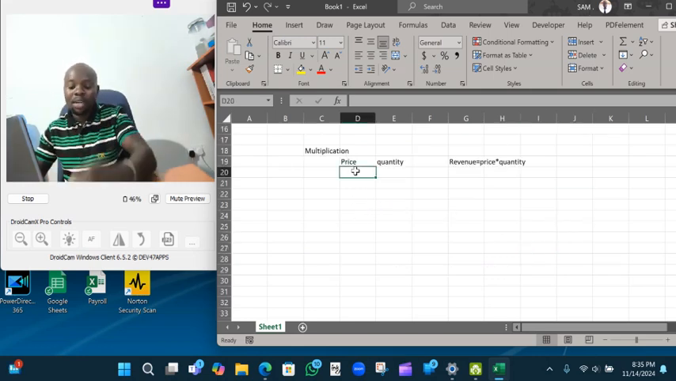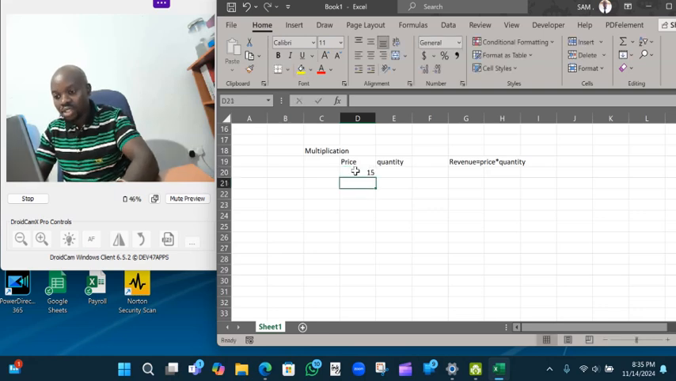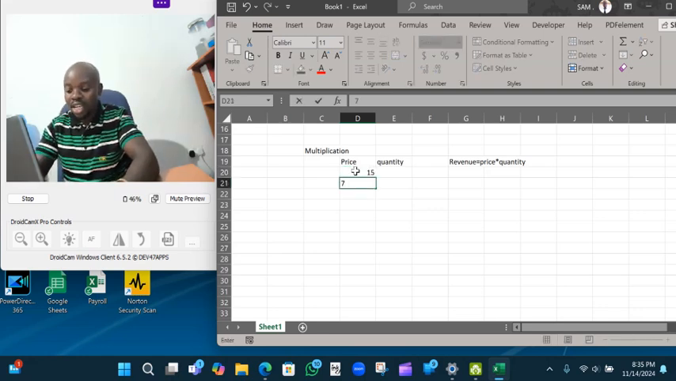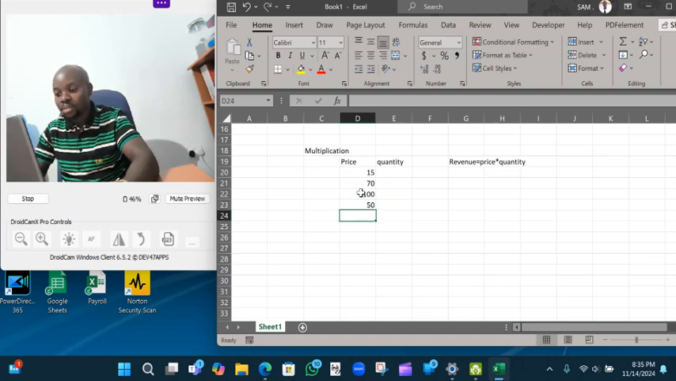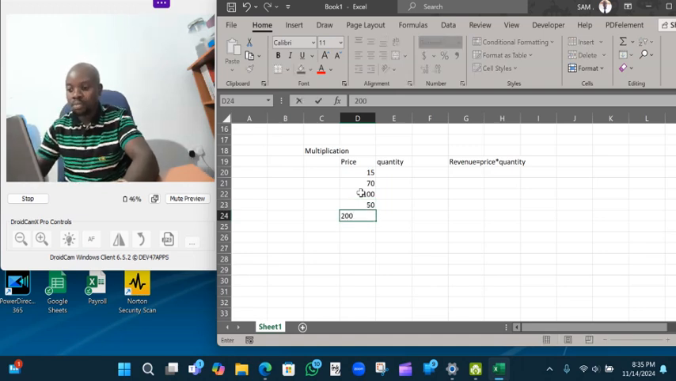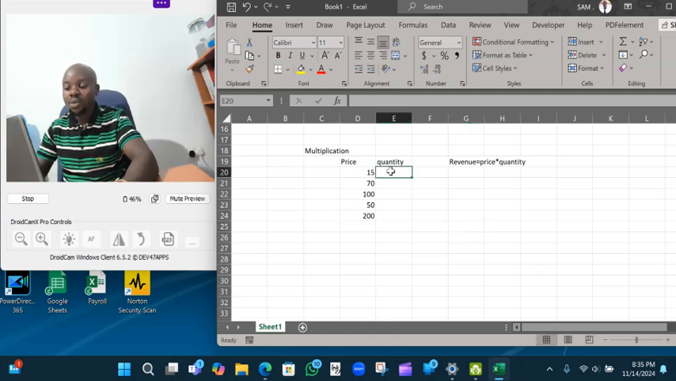So let me come up with the prices. One item you're selling at 15 shillings, another one you are selling at, for example, 70 shillings, another one at 100, another item you are selling at 50 shillings, then another item you are selling at, for example, 200. Yeah, let's use that. And the quantities you are selling, for example, the one you are selling at 15, you've sold, for example,